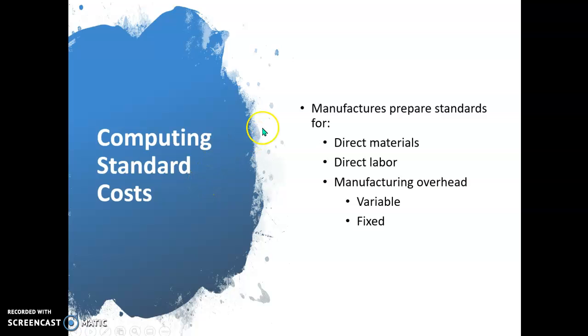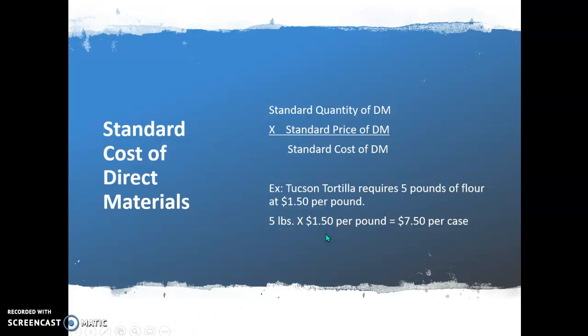Now we compute standard costs for direct materials, direct labor, and also for manufacturing overhead. And for overhead, we divide it into variable and fixed. The formula for doing this would be a standard quantity of direct material times the standard price of direct material gives us the standard cost of direct material. So it's broken down between quantity and price. This Tucson tortilla requires 5 pounds of flour at $1.50 a pound. So what's the standard? 5 pounds times $1.50 a pound,